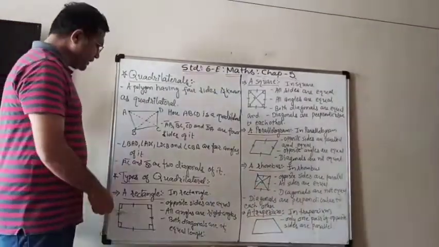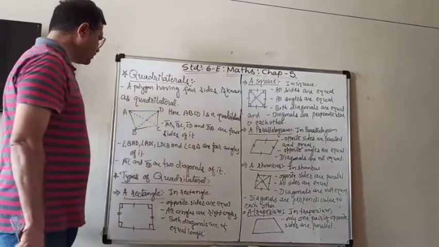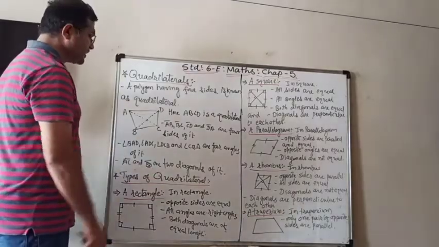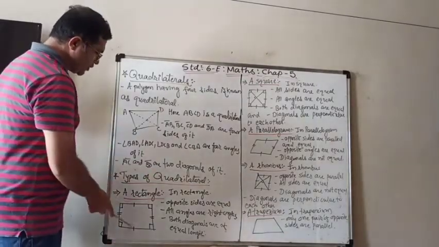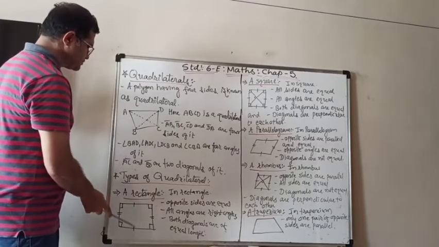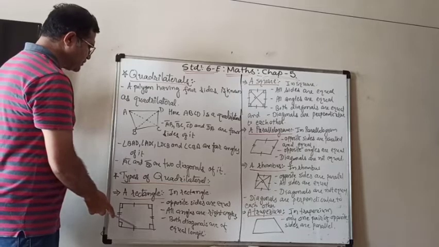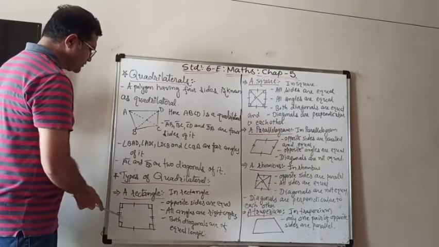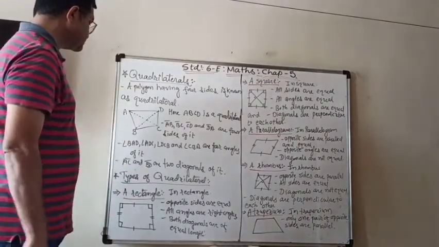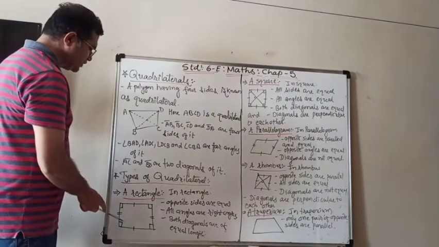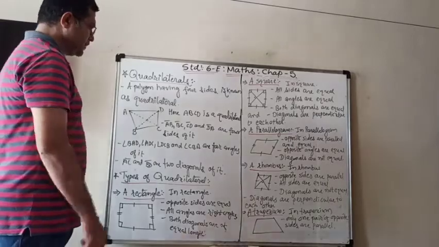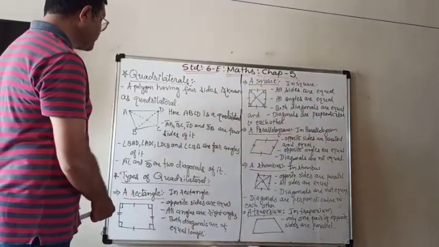So a rectangle is a quadrilateral in which opposite sides are equal. It means that for those opposite sides, I make the same sign, meaning they are of the same size. So here those two sides are of equal length and another pair of opposite sides are also equal. All angles are right angles, means all four angles are of 90 degrees. And the diagonals are of equal length.